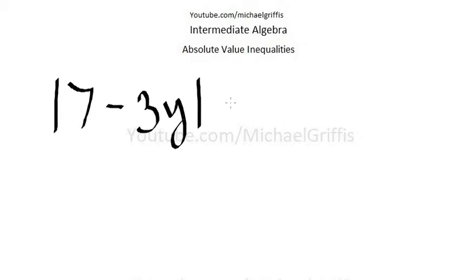Working some absolute value inequalities. What do we got? We got the absolute value of 7 minus 3y minus 5 is greater than or equal to negative 1. Now,